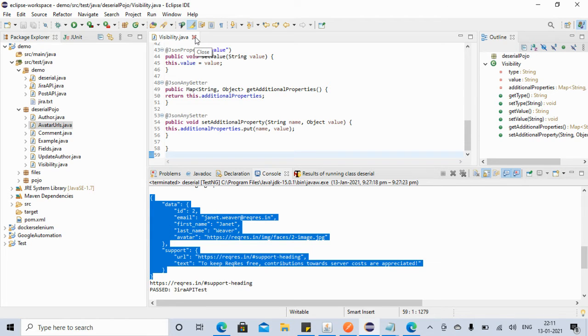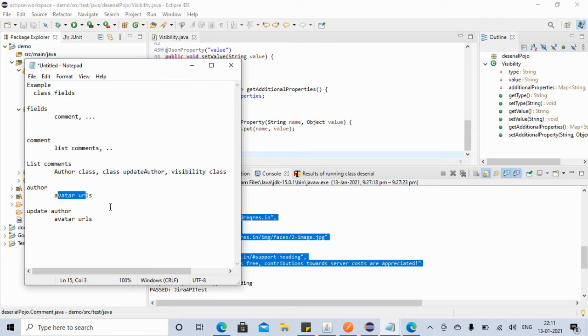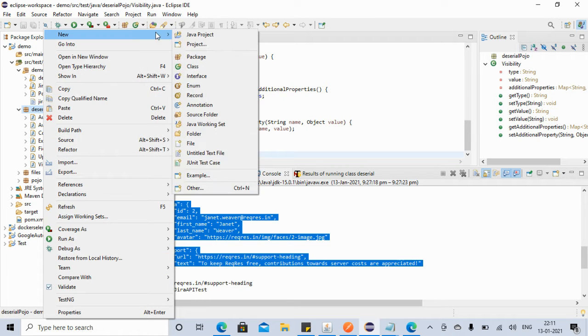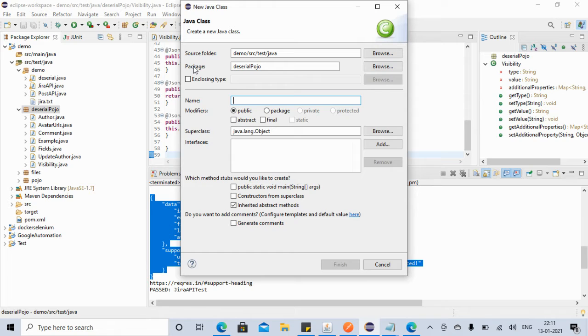Now let's see how we can create, because now we have the comment class. Inside the comment, what we have? We saw that inside the comment we have this list comment, and inside the list we have the object of, like, we have integer, string, classes. So we need to create a class for these comments as well. Okay, so let's create a comments class, and then I will tell you why we need to create a comments class.